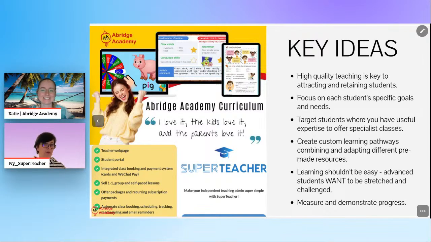It was hard, but now after having that base, look at it as a base that you can build upon and customize based both on your students' needs and goals and your personality and skills. Even outside of teaching, I find that super useful, and something that you can stand out with. And learning shouldn't be too easy, especially speaking about advanced students who want to be stretched and challenged. And yeah, make everything you do part of a bigger picture.